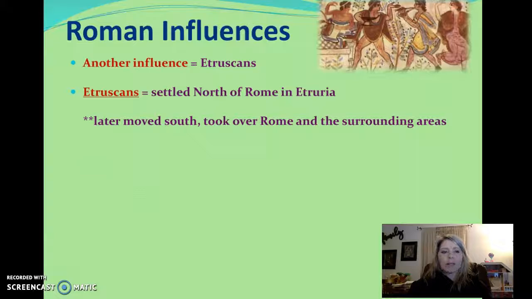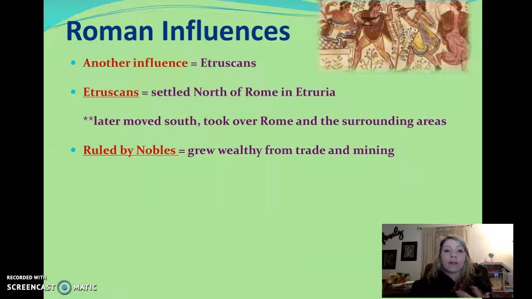The Etruscans were able to take over the Latins or the Romans at this time because the Latins or the Romans were simply just a farming village. They didn't have a large military. So when the Etruscans moved in, they took over Rome easily. They didn't destroy the area. They didn't make all the people slaves. They simply took over the land.